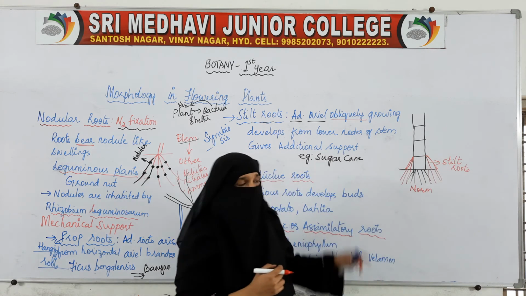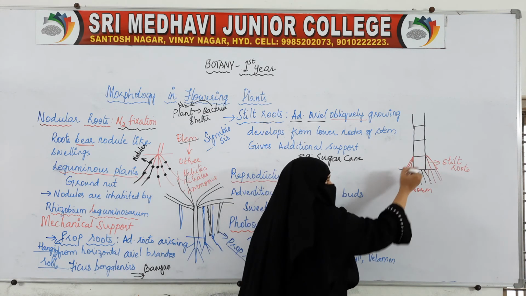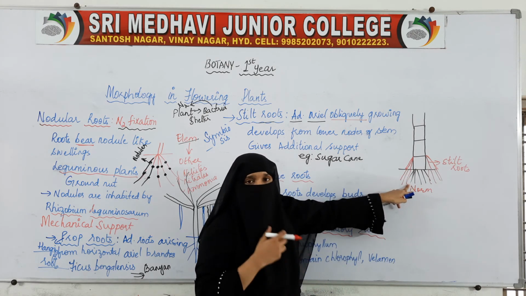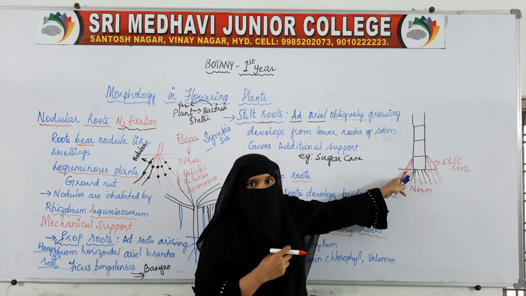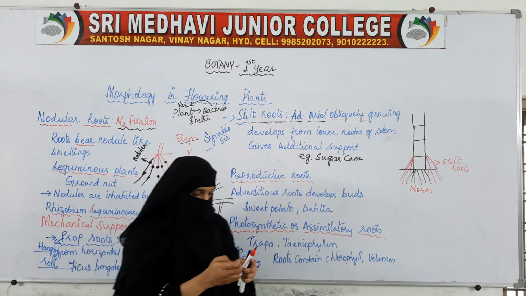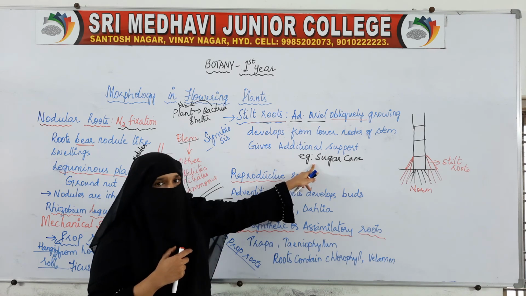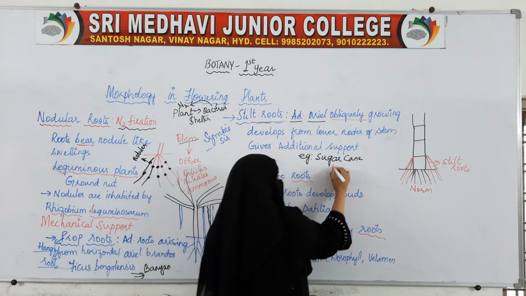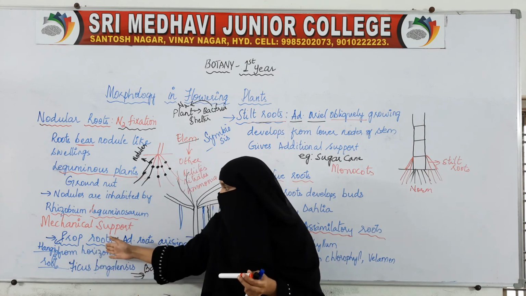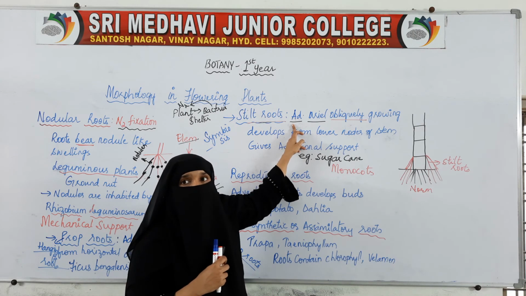These stilt roots arise from the lower node of the stem, and the roots grow obliquely, and afterwards they grow inside the soil. So this gives additional support. This type of root is called stilt roots. We see this in sugarcane. We can even see it in maize. Monocots, basically. Both of them, the prop roots or hanging roots and stilt roots, are giving additional support to the plant.